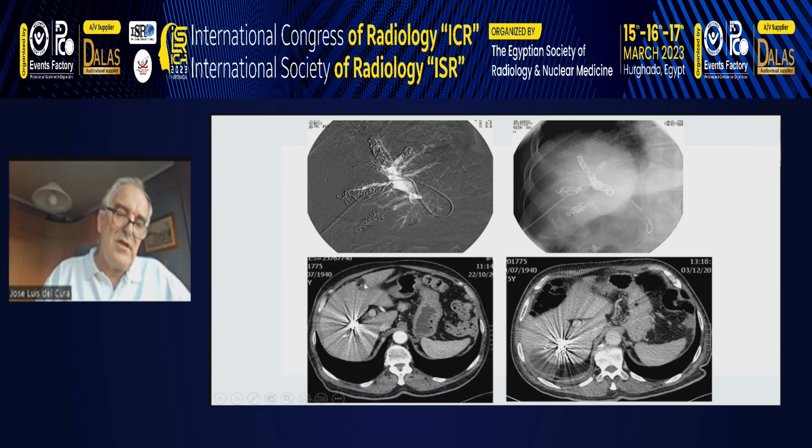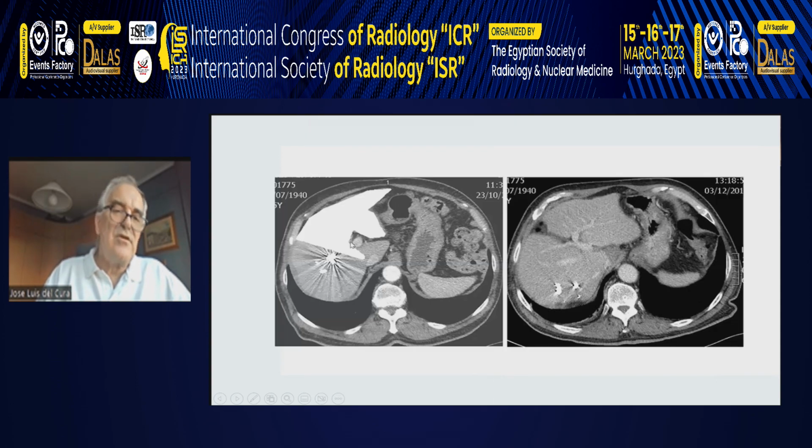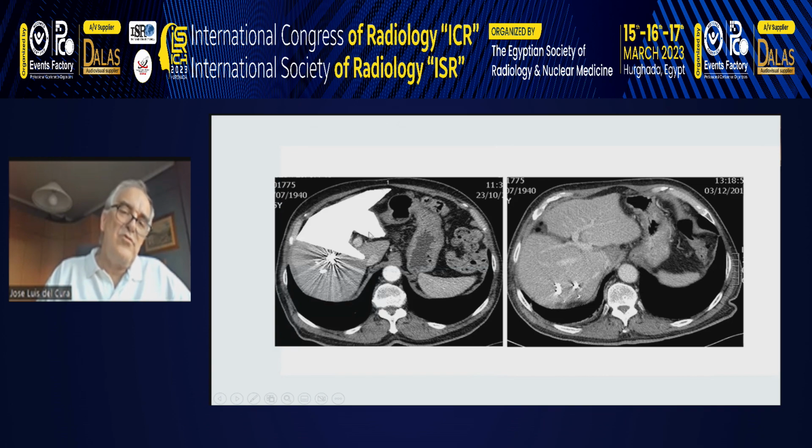You can see here the scar of the ablation of one of the lesions. After the left lobe hypertrophied enough to guarantee enough hepatic reserve, the surgeons performed the right lobe hepatic resection. During the surgery, we performed also an ablation of the lesion of segment 1, and this is the final result. The patient, after this, incredibly survived for more than 10 years,